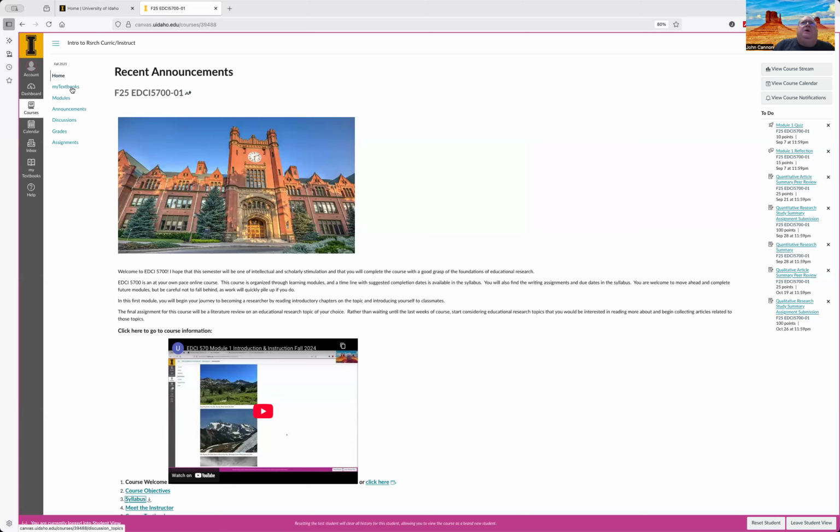Up here on the website, this is where the U of I Canvas system has put in links for my textbooks. As soon as I open this and publish it for students, these links will go live and you will be able to click on here and get access to the textbooks, the Creswell and Guterman text, and the APA formatting manual.